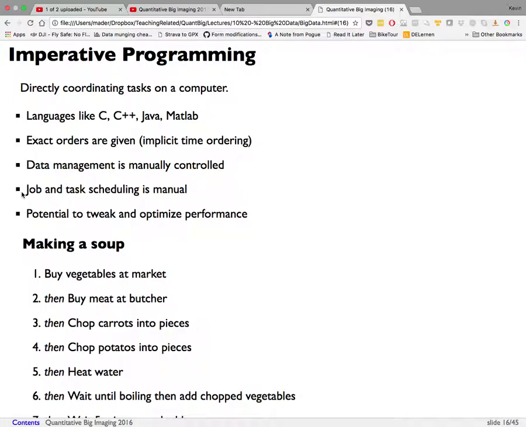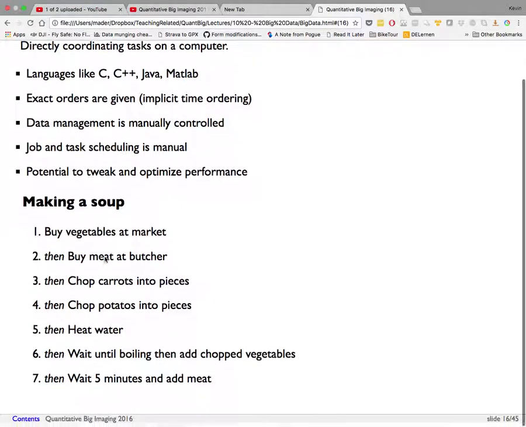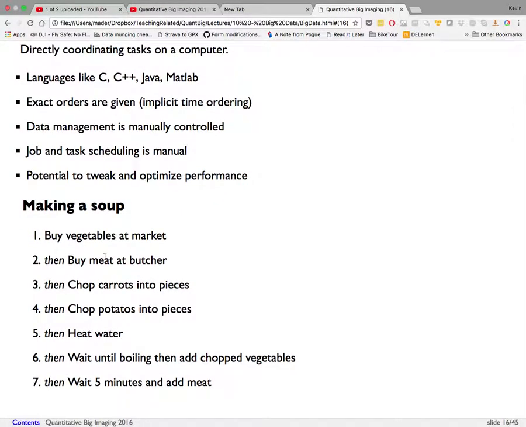So you say exactly what each core is supposed to be doing and how it works. This means, as sort of the upside, that you have a lot of potential to tweak and optimize performance because you're directly controlling everything. And so if we look at a very simple example of making a soup,